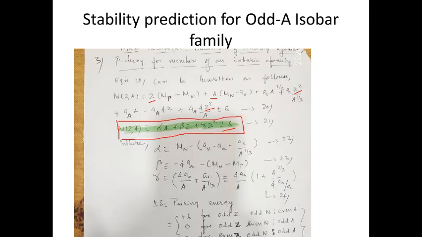Written as alpha A plus beta Z plus gamma Z square plus or minus delta. Alpha is, you can collect all the coefficients of A and just check. You will have to do it with a piece of paper and write it down. Only then will you be able to justify this, and that will give you confidence. Just by looking at it, it will be difficult. You have to rearrange the terms. So take the coefficients of A, which is alpha. So alpha will be this. This is our alpha. Take the coefficients of Z, that will be beta. Take the coefficients of Z square, that will be gamma. It's very easy.